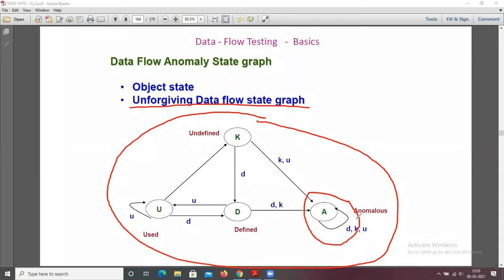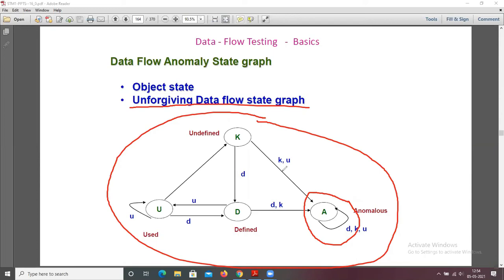If a data object becomes anomalous, it cannot return to any other state. This type of graph is called an unforgiving data flow state graph.